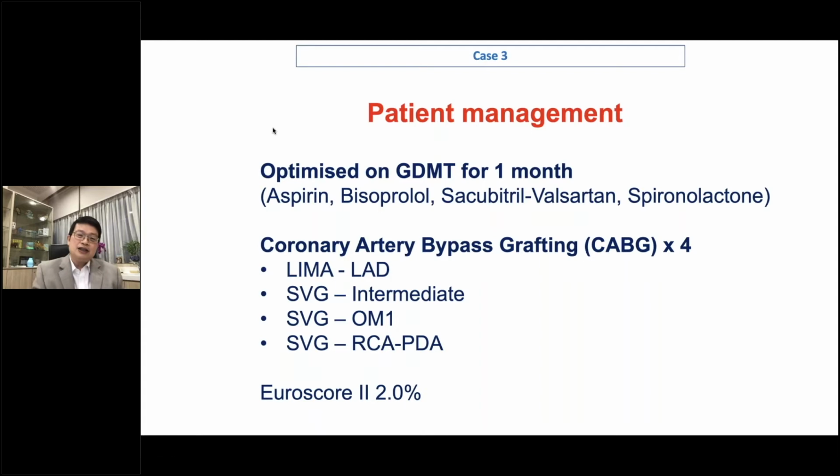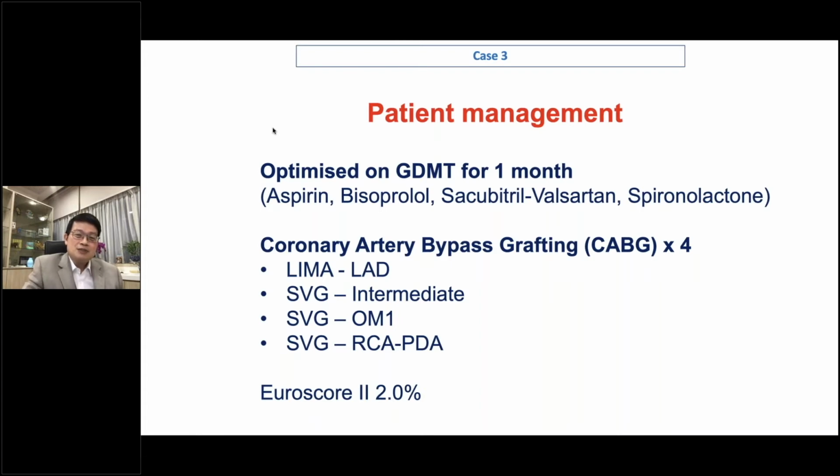And in this patient with critical coronary disease, there is a balance between how long we manage them on heart failure treatment before we revascularize them, because during this period they are at risk of myocardial infarction and sudden cardiac death. So on balance, we probably shouldn't wait 3 months in patients with critical coronary disease, but a balance of 1 month is probably reasonable to get their heart function in better shape before going for